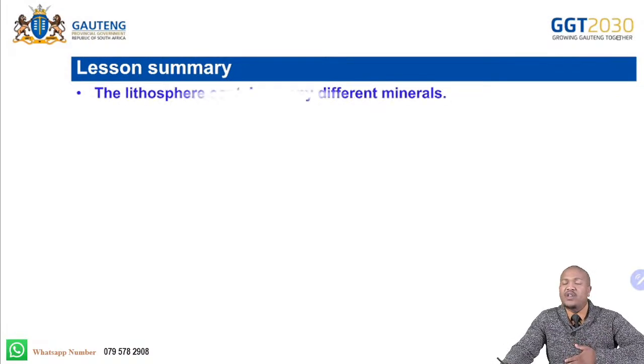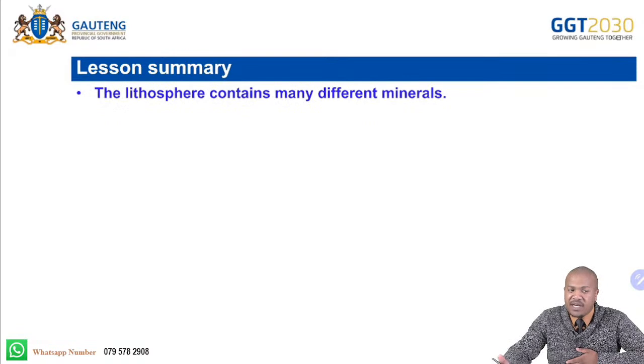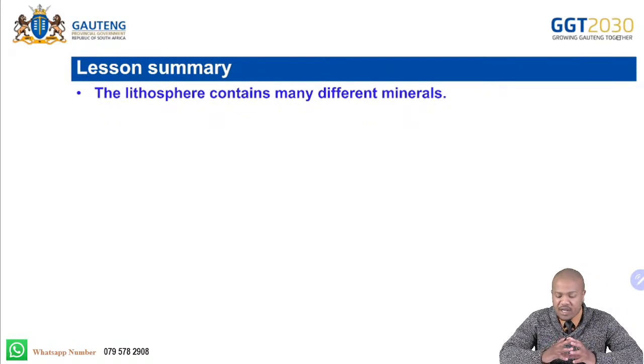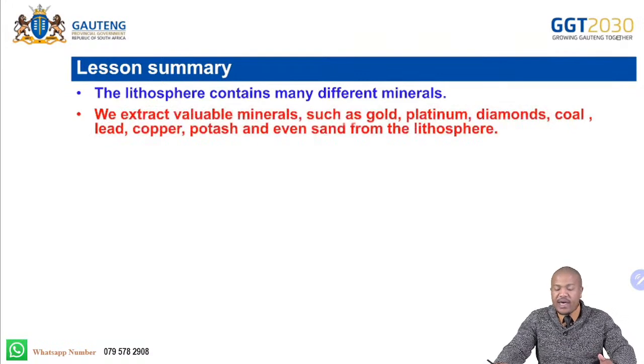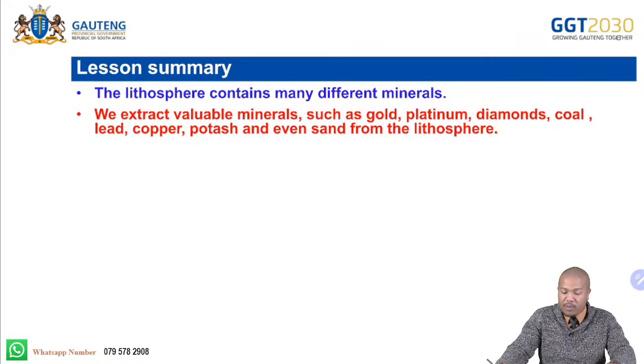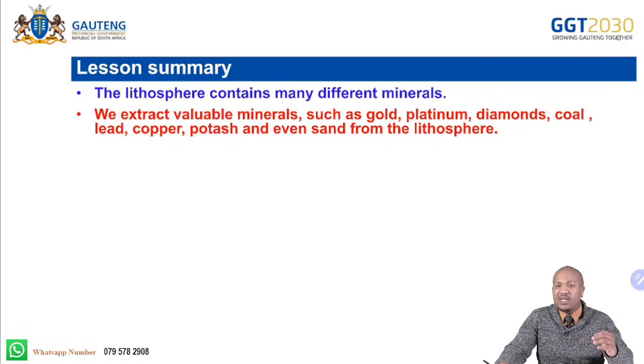Right. So today we're talking about the mining of mineral resources, right? So we said that the lithosphere now is where we get all these mineral resources, right? The lithosphere being our solid rocks and soil of our earth. This is where we dig. This is where we get all our minerals, right? So we extract valuable minerals such as gold, platinum, diamonds, coal, lead, copper, potash, and even sand from this lithosphere,